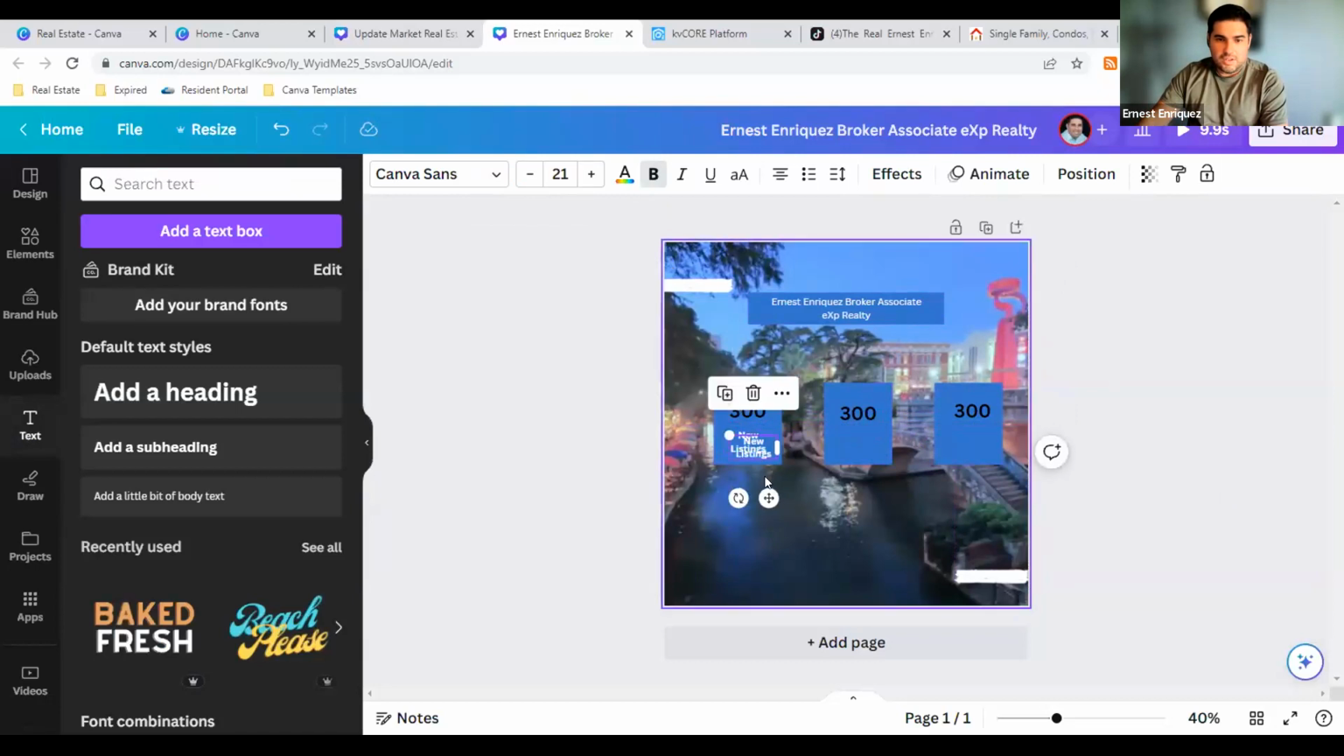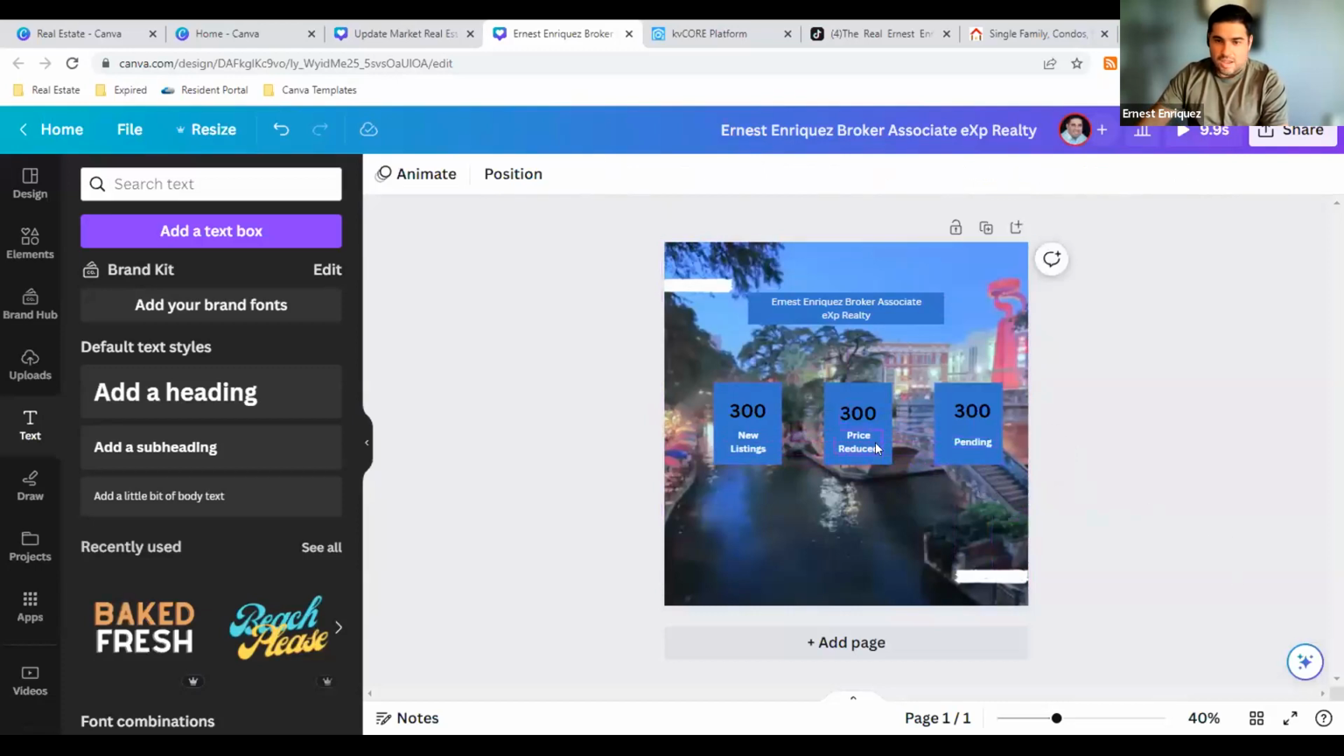And then same thing here, you could just go ahead and duplicate these. So you would do price reduced. And then you can do things like pending. Align that. And then what you need to do now is just make sure that you group these together and